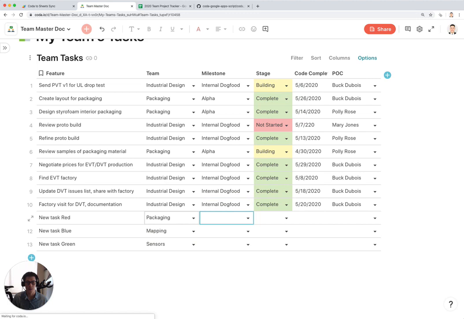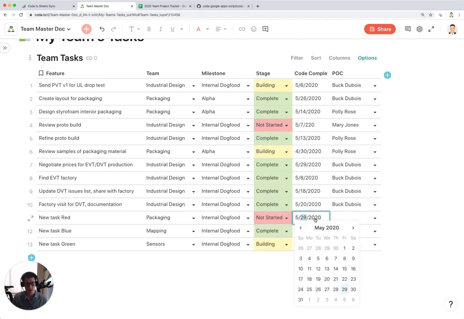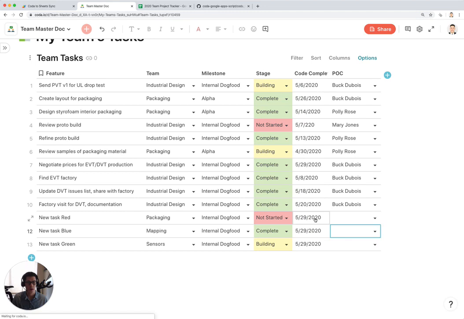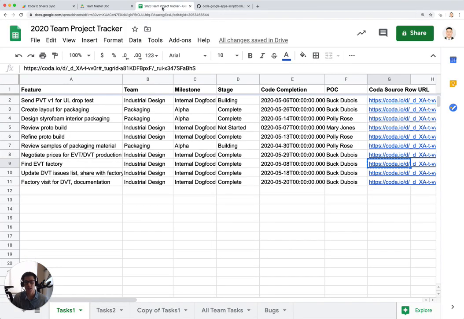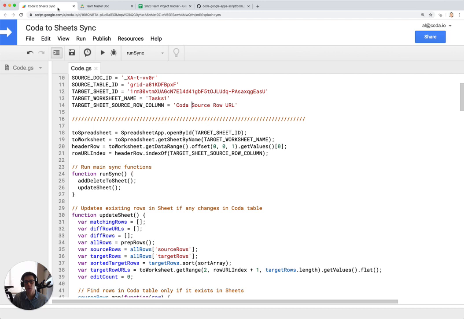Let's mix this up a little bit. Copy these three, put them down here. These are all starting on May 29th. And these are all Polly's tasks. All right, so I have these three new tasks that are not synced yet to my Google Sheet, but all I have to do is go back to my Google Apps Script, hit runSync,